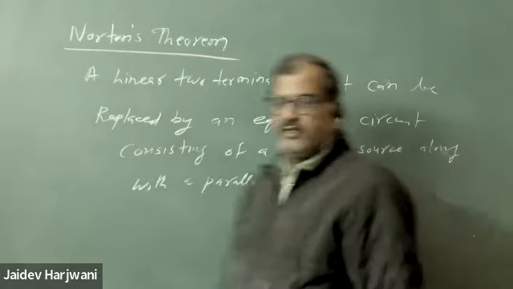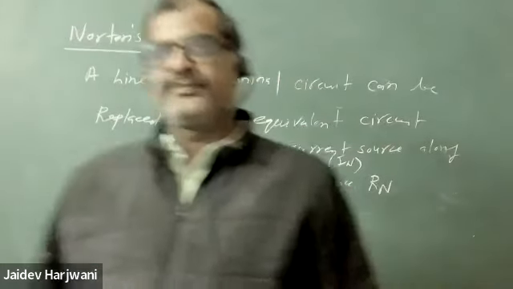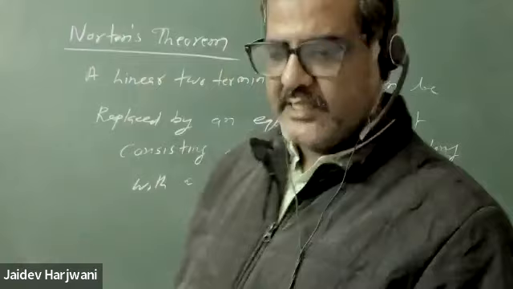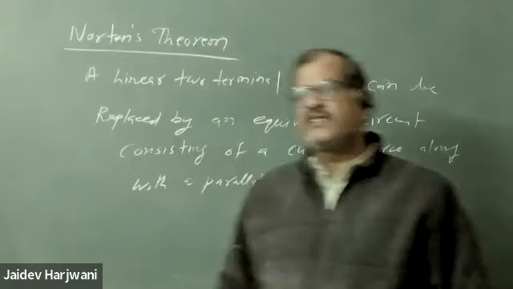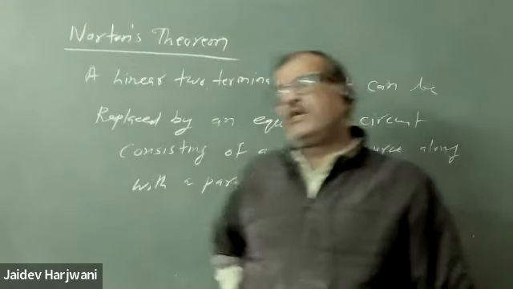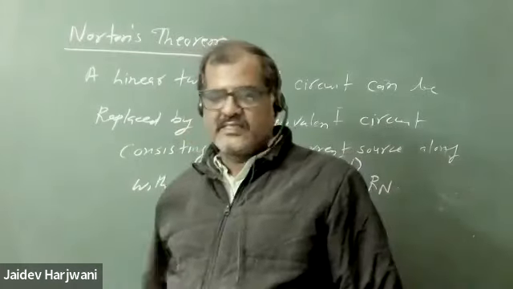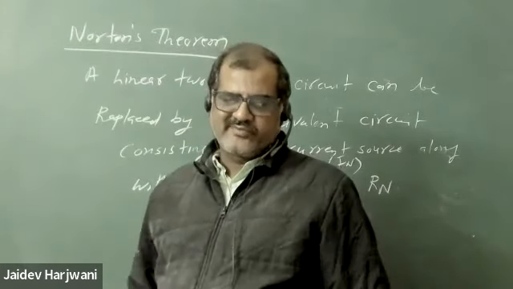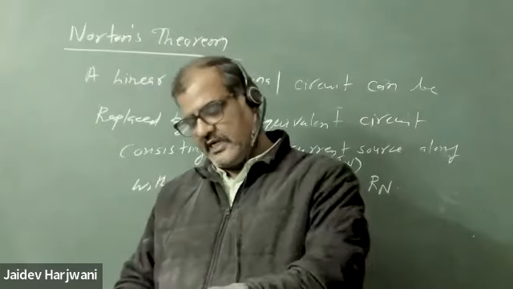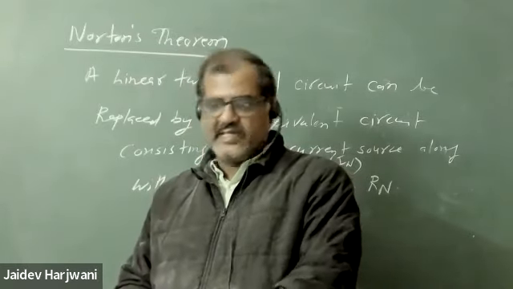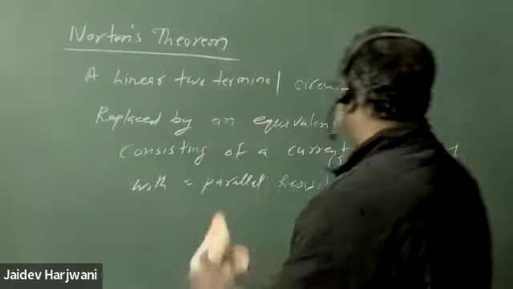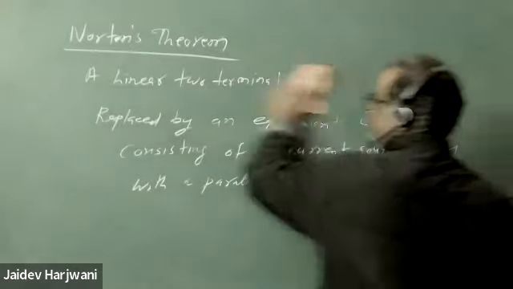So like we have replaced a circuit by a voltage source and series resistance, the same circuit I can replace by a current source and parallel resistance. Okay, and that is source transformation. A voltage source along with the series resistance can be replaced by a current source and parallel resistance. So let me explain this